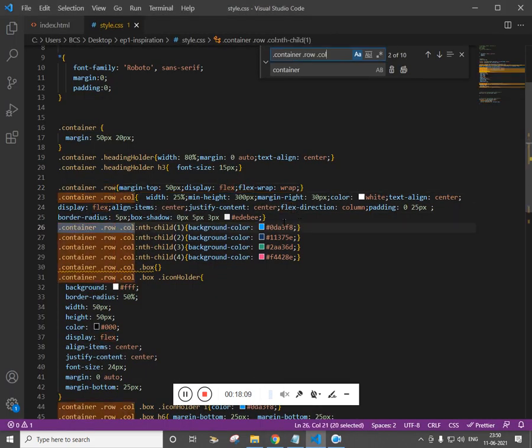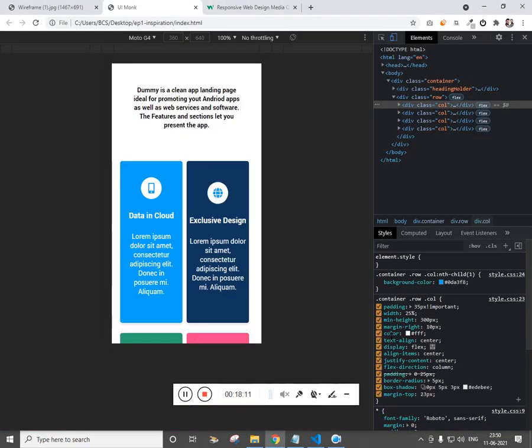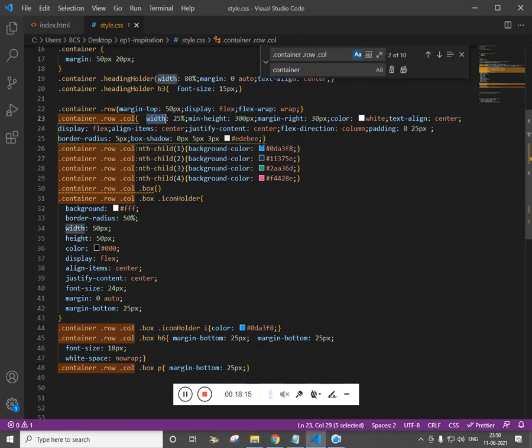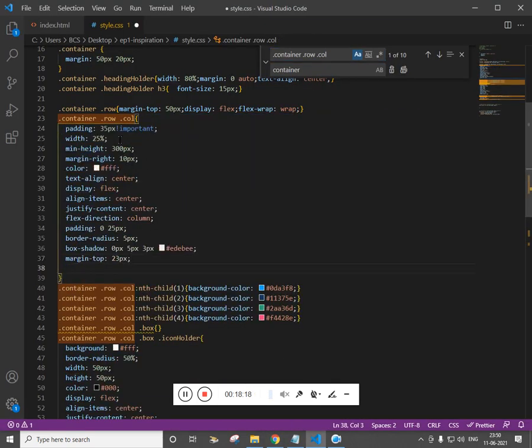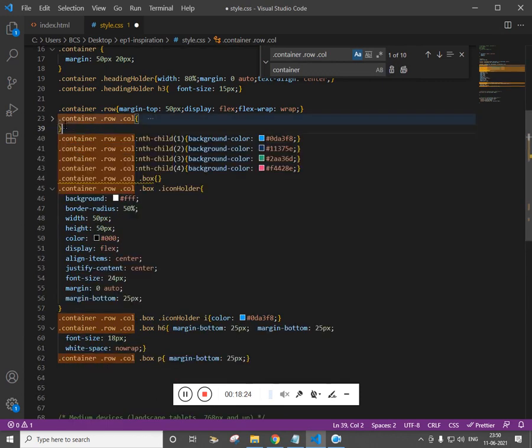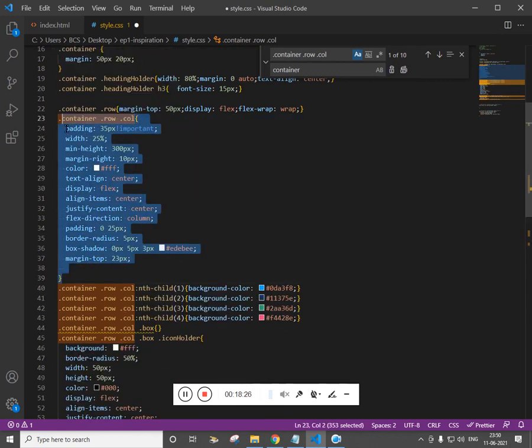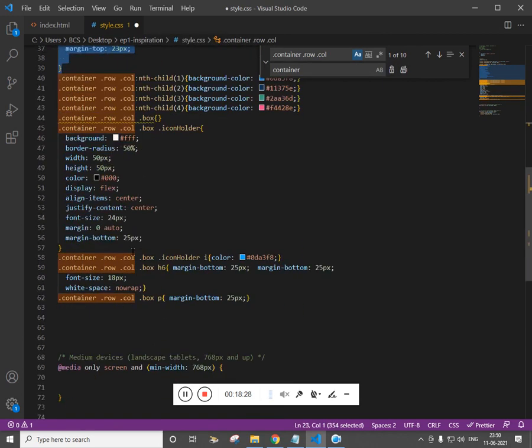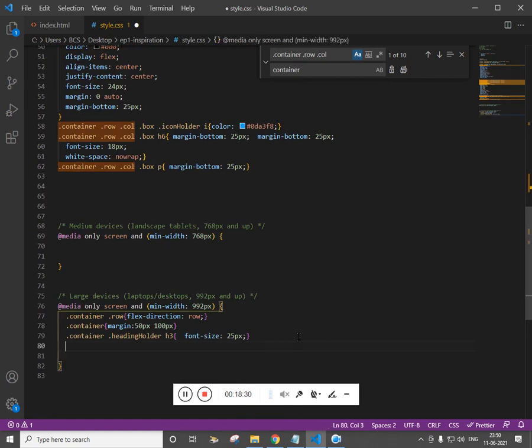Select this and get into the, select everything and paste it. So let's see what are the things that we modified. We have used padding and copy the same thing for the desktop. Let's see what are the things we have modified.